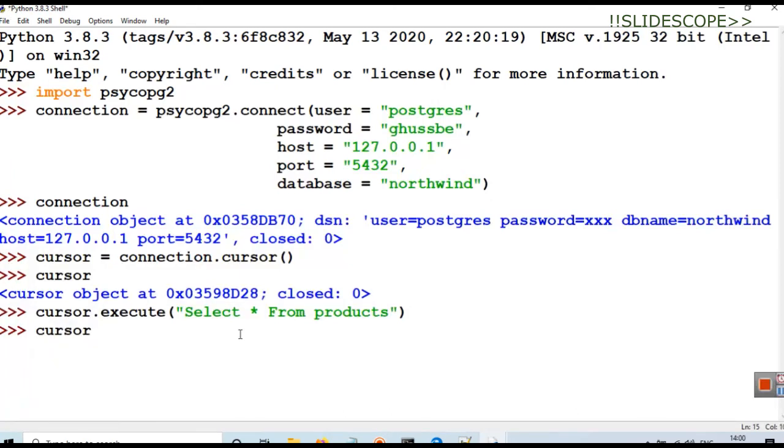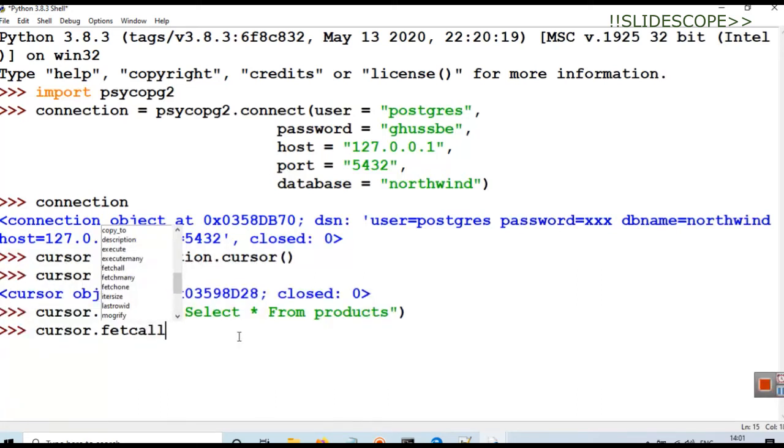Then write cursor dot fetchall, which will fetch all the results. Under fetch we have fetchall, fetchmany and fetchone. Currently we are fetching all here.